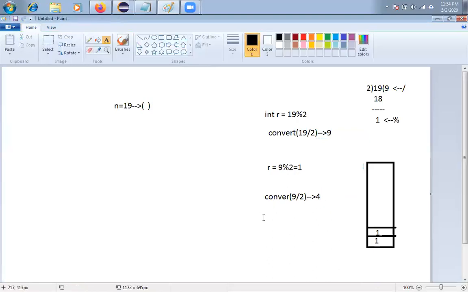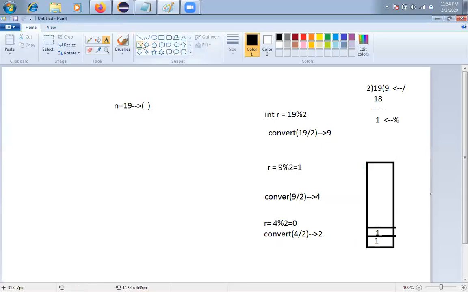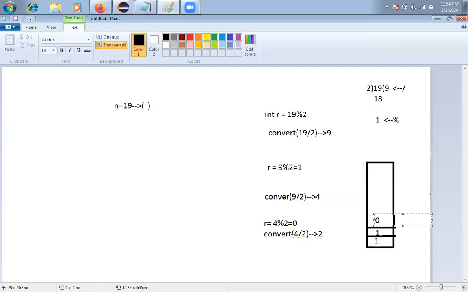Now again r equals 4 mod 2. How much is 4 mod 2, friends? You will get 0. Then I will call convert of 4 by 2, which is 2, and you have to store 0 here, friends.